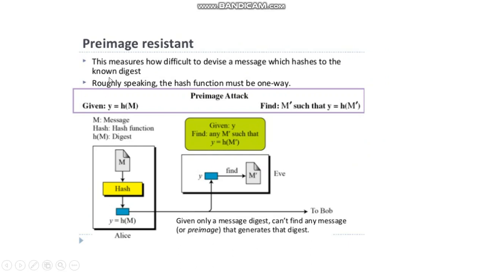Another property of a hash function is this: suppose for any message we apply the hash function and generate the value y. That y is a hash value, and by keeping that hash value we may not be able to find the original message. That is, for a given hash value y, we cannot find a message that generates it. This hash is normally what we encrypt at the next level, and by the hash code we may not be able to find out the original message. That is the pre-image resistant property.